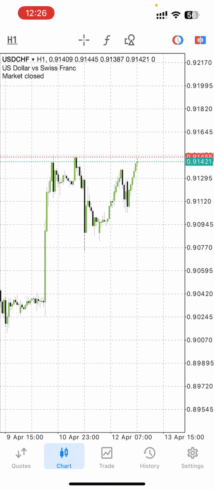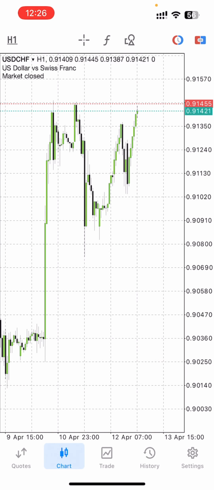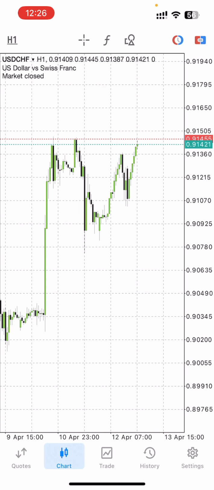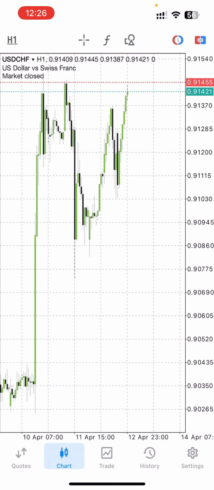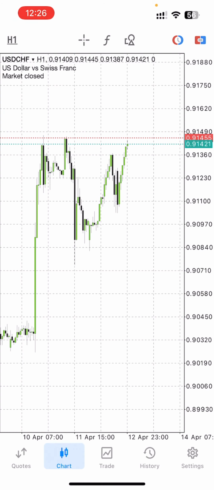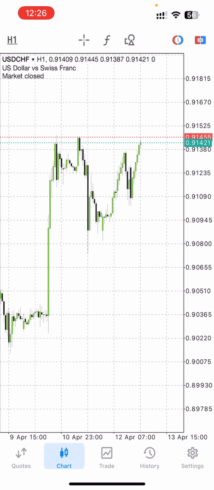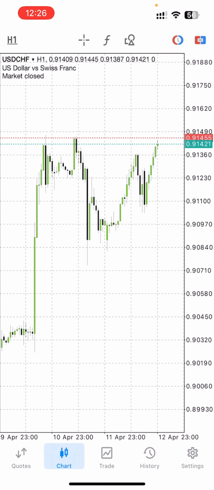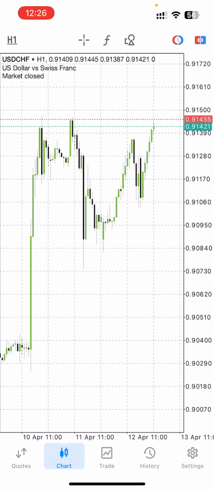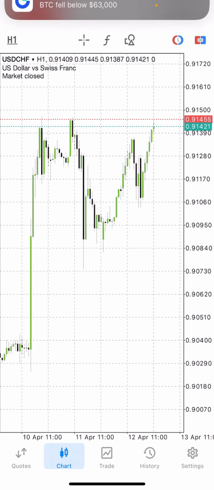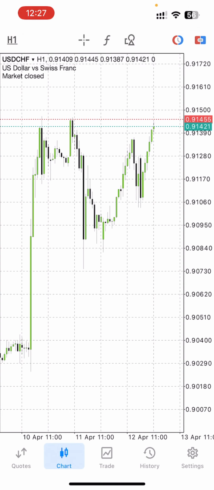Okay, so we are going to continue with the MT5 interface. So the next thing we are going to look out for is the chart itself. Now if you look at the time frame, if you look at the buttons at the very top, we have looked at the price tag, okay. So we are going to also look at how to change the color of the candles as well as the grid lines. I don't need the grid line, so I need to take it off and then have a clean chart. So all you have to do is to go to settings